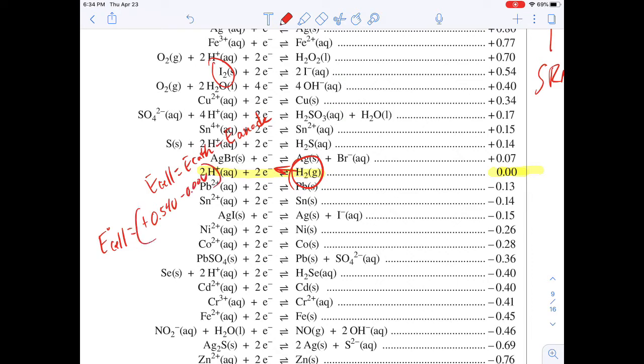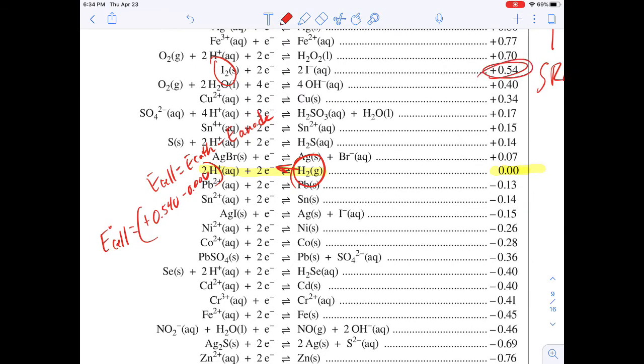And that's actually how they calculate this value. They use the E cell and have this value set at 0. So if they construct an experimental cell with hydrogen as the anode, it will give the value of 0.54 volts,